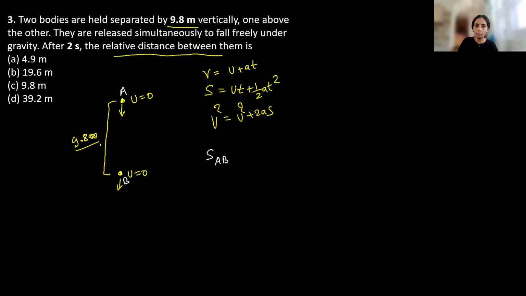A is above that of B, right? So let us treat up direction as positive. So this is 9.8 meter. And what is the acceleration of A with respect to B? दोनों ही ग्रेविटी के अंदर फॉल कर रहा है, दोनों का acceleration g होगा. So g minus g, that will be 0. And what is the initial velocity of A with respect to B? दोनों का ही 0 है. So again 0. अब आप देख लो, अगर दोनों का एक्सेलरेशन रिलेटिव 0 है, it means दोनों के बीच का